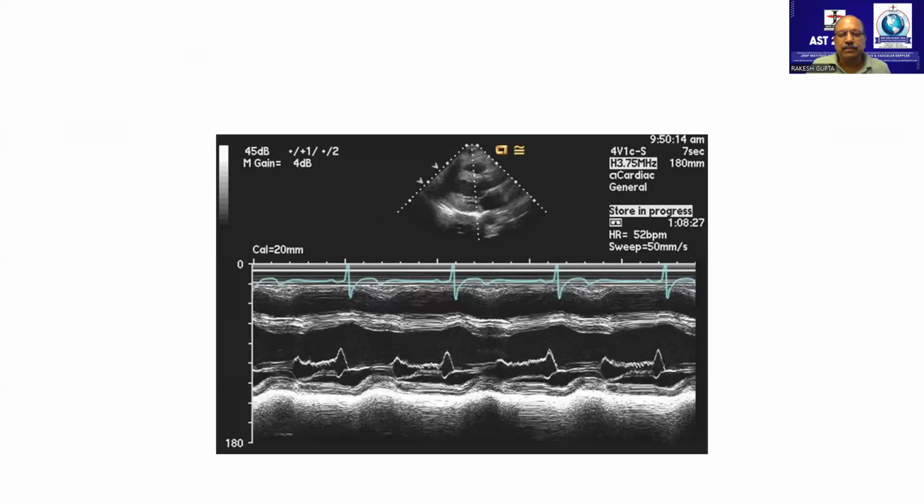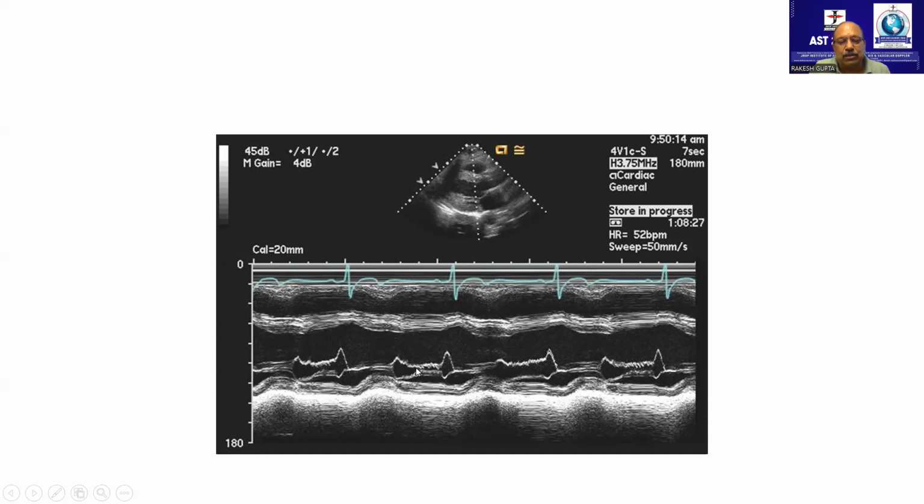Can you see this now? This is M mode across the mitral valve level. So this is diastole, this is E wave, this is A wave, correct? During diastole, the mitral valve opens and if an AR jet is present, the AR jet will strike across the mitral valve. So it produces a sawtooth kind of appearance. Look, this is sawtooth. Sawtooth in Hindi is आरी.